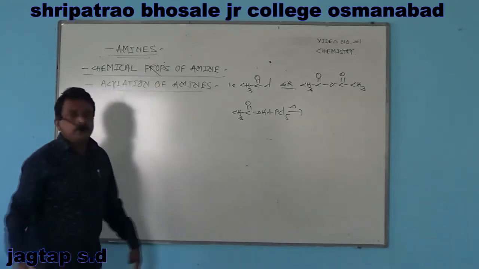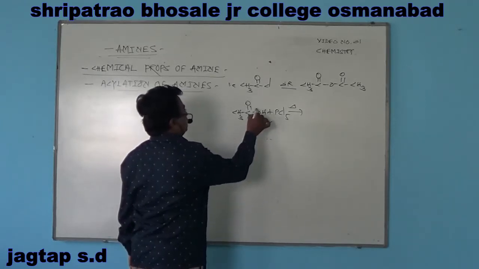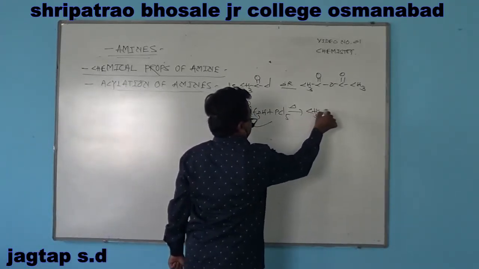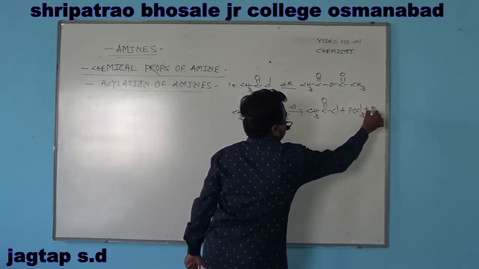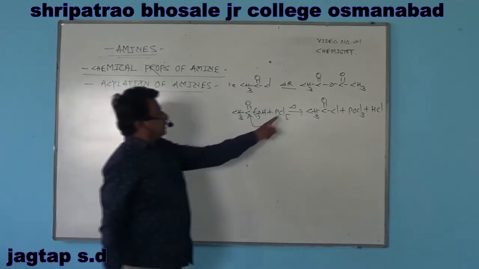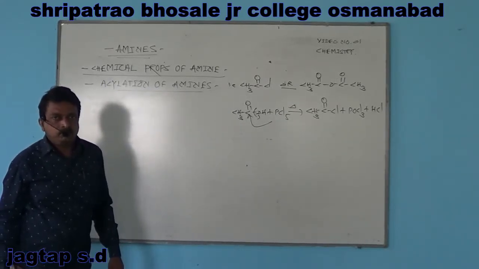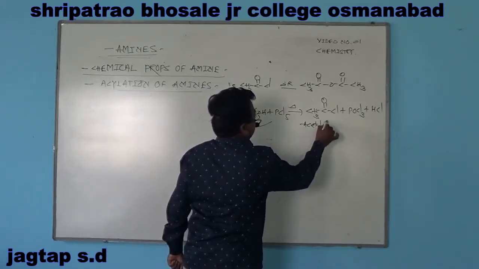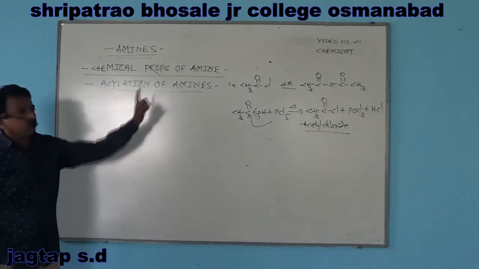It is a nucleophilic substitution reaction. In this reaction, the nucleophile attacks the electron deficient carbonyl carbon and the C-OH linkage is cleaved to form CH3COCl plus phosphorus oxychloride POCl3 plus HCl, that is hydrochloric acid. Acetic acid refluxed with phosphorus pentachloride produces the corresponding acetyl chloride. Generally it is known as an acid chloride, named acetyl chloride. Acetyl chloride is one of the reagents used for acylation of amine.